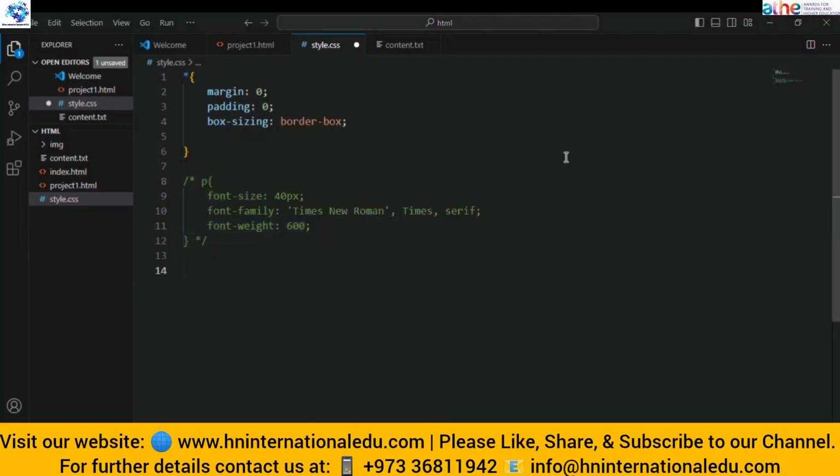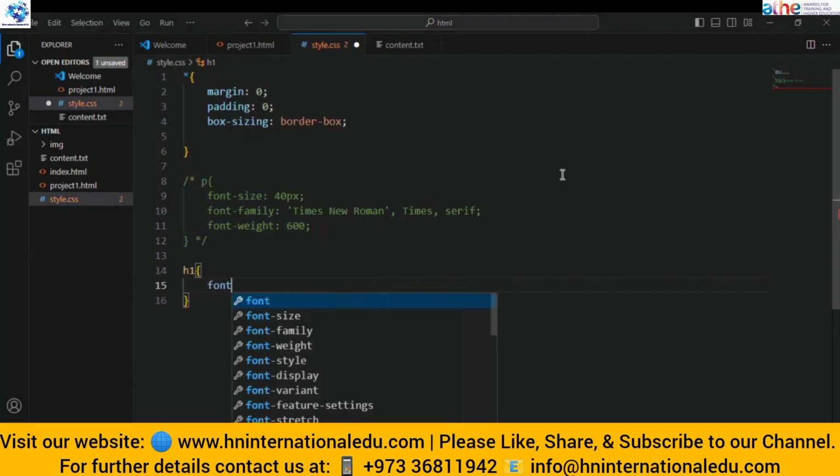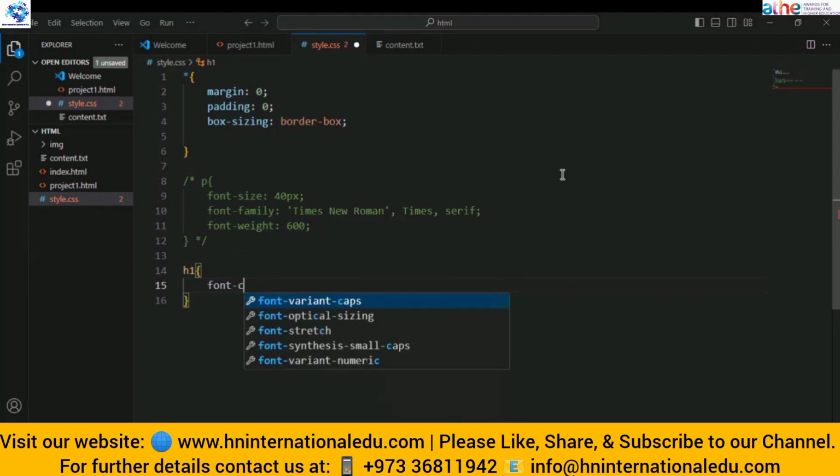Here we will write the h1 tag. In the h1 tag, I want to change the font color. So you will write the color property.